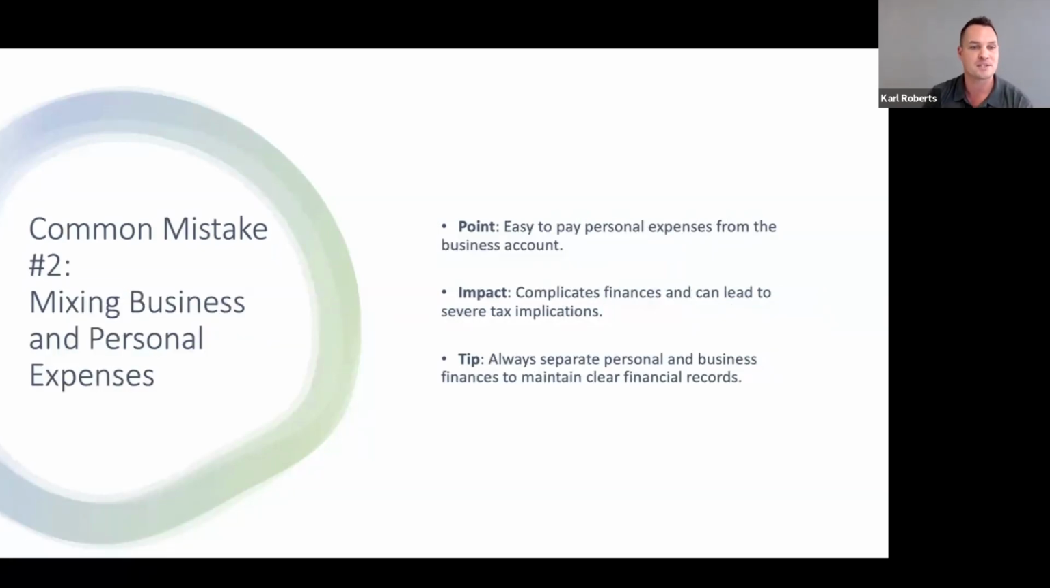Big one and a common one: mixing business and personal expenses. Now, I deal predominantly with limited companies. I'm not sure if the guests here are limited companies or sole traders, but this mainly accounts for limited companies because your limited company is separate to you. Whilst you may own it and whilst you may be in charge of running it, it is a separate legal entity to you. But what I find a lot of business owners doing is treating their business like a cash